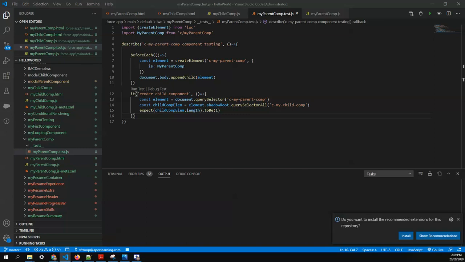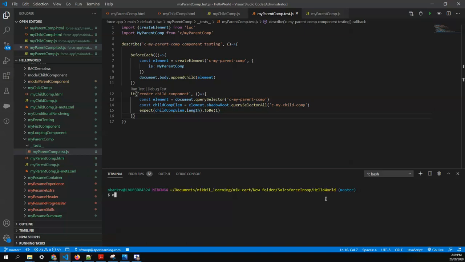Now let's run the test case. Go to the terminal and start typing npm run test:unit:watch. Watch is the mode in which you don't need to run the test case again and again. It always keeps an eye on whether anything changes in the test file. I don't want to run the test cases for all the files in my project, I just want to run the specific one. So give -t and drag in your test file. I hope it will work for the particular file.